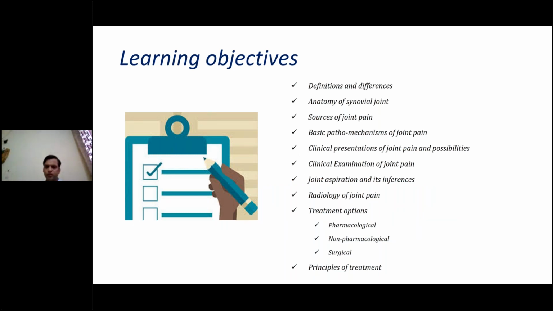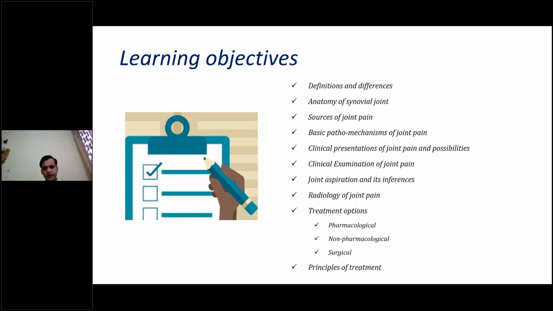We will find differences between arthralgia and arthritis. We will discuss the basic anatomy of a synovial joint, possible sources of joint pain which can arise out of any joint, and basic pathomechanisms of joint pain, and then the clinical presentations of joint pain and the various diagnostic